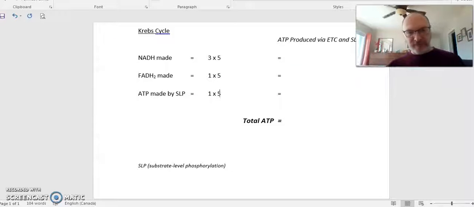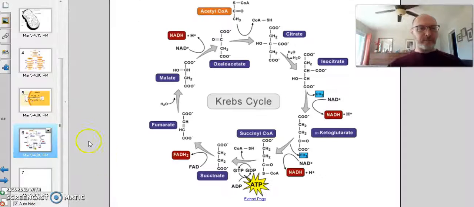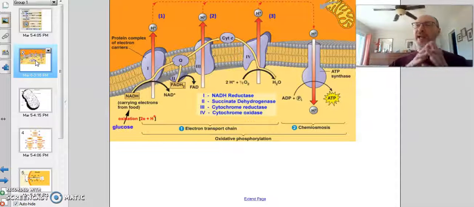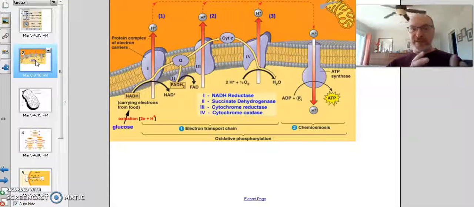So again, we're going to turn 5 times. That's going to give us a total of 5 ATP being made there. Now, we need to jump to the electron transport chain here, because that NADH that's made in the stages of cellular respiration as well as FADH2 are going to be used to make ATP. So based on the diagram and what we've been talking about in class,